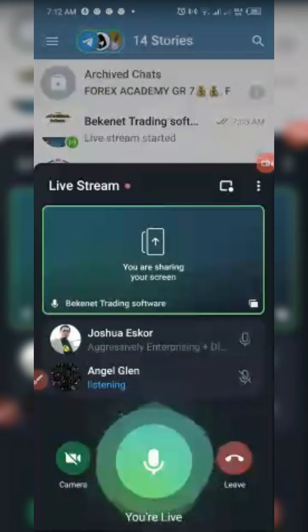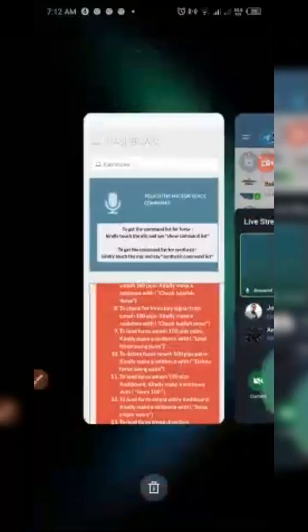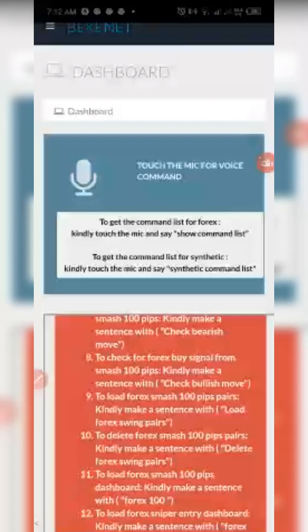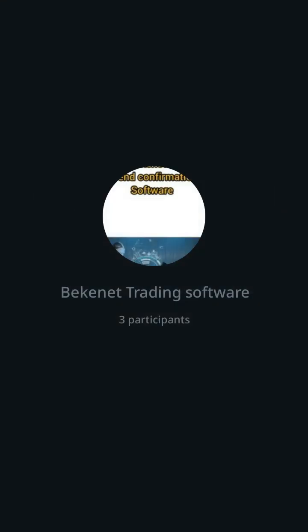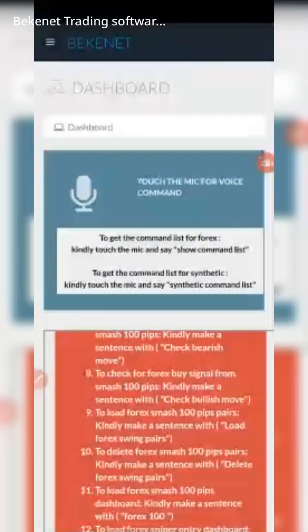Fine. Okay, now let's go to the manual aspect, the manual and the automated aspect, so that you guys can be getting notification and all that. So there are two things in the software. You understand? We have the